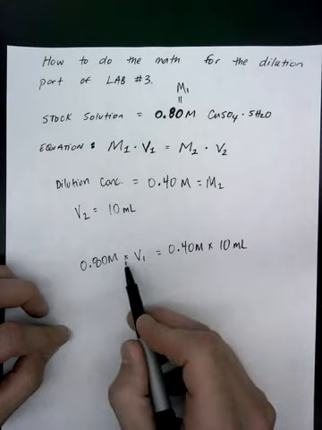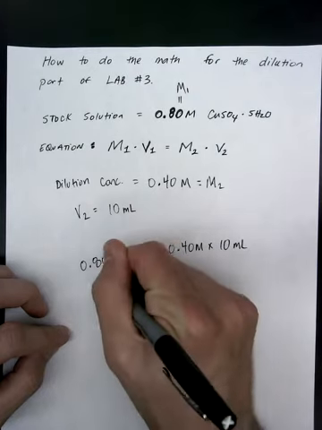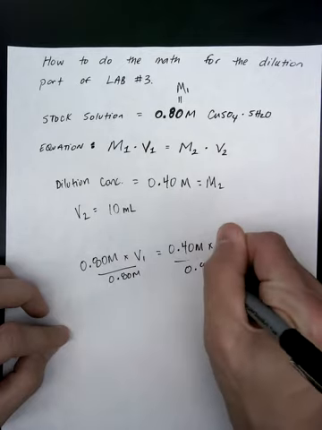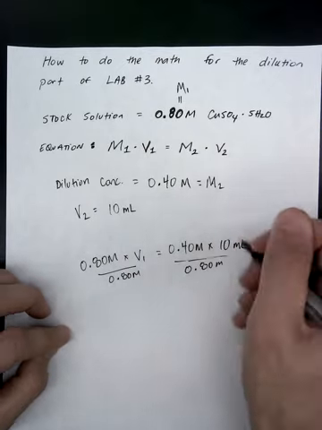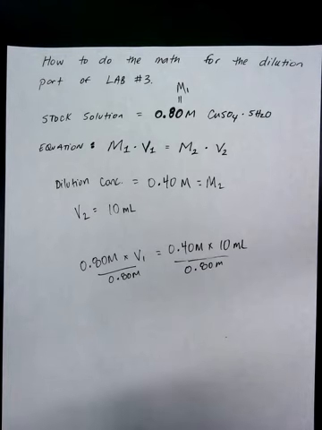To get V1 by itself, I have to divide both sides by 0.8. So now we have 0.4 times 10 divided by 0.8, and we should end up with, doing some math,